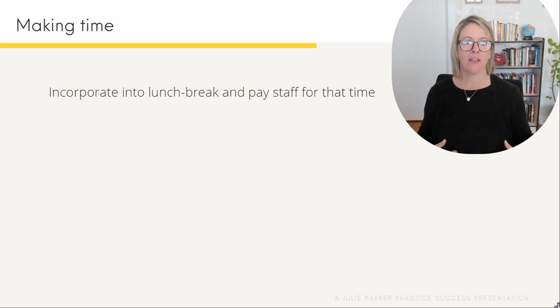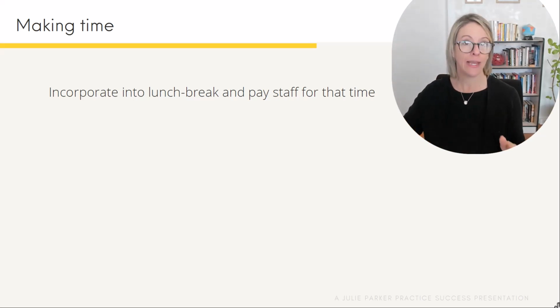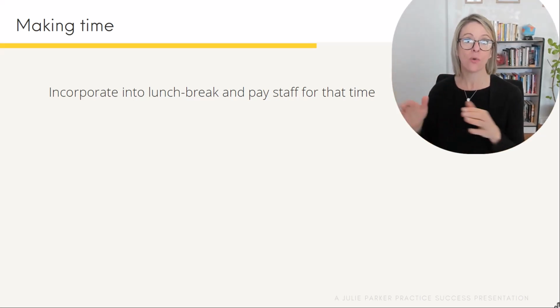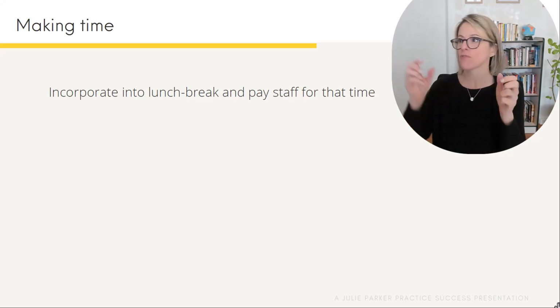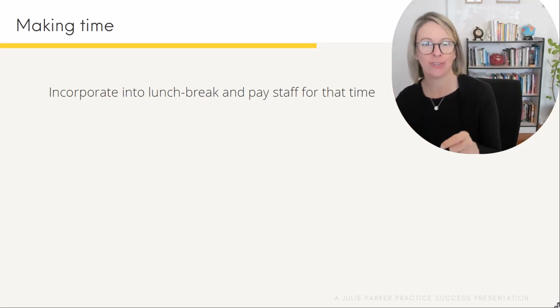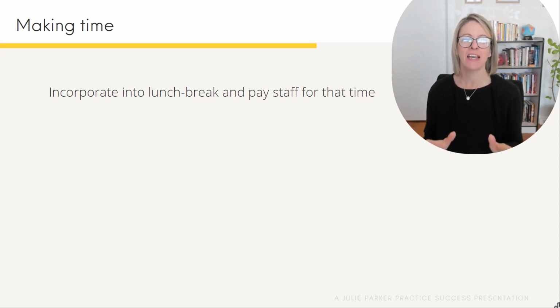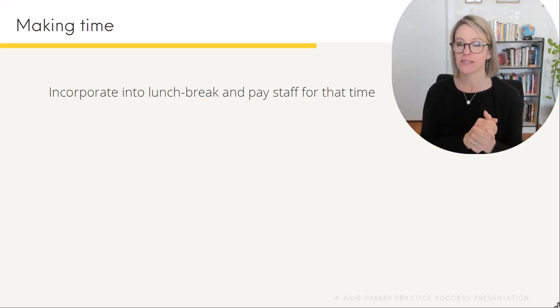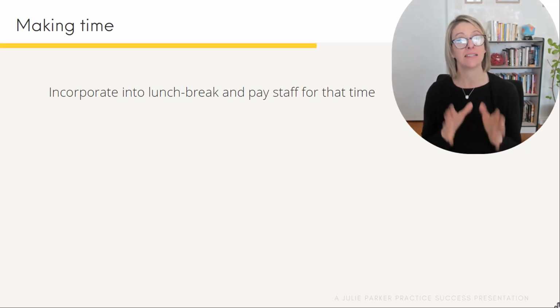Number one, I always suggest, because it is difficult to add on an additional hour to a week for a team meeting, because quite often people are rostered on for specific hours. And if someone's rostered on for a full-time 38-hour week, then it creates dramas when we're doing an additional hour. So we don't want to create a bookkeeping nightmare or a rostering nightmare. And because we're saying just once a month, let's incorporate it into the lunch break and pay staff for that